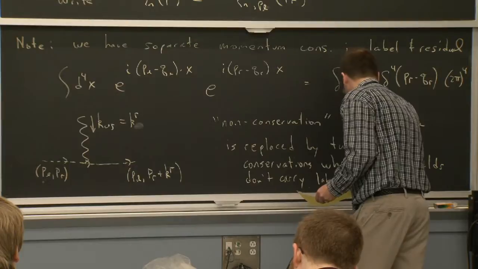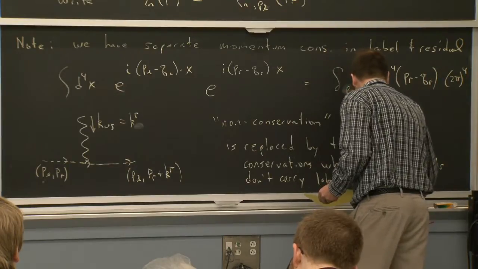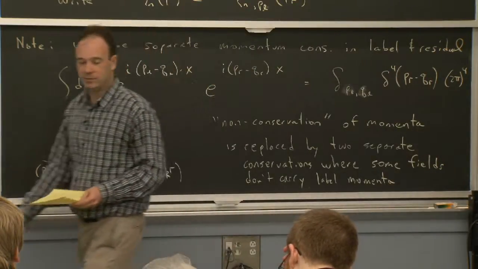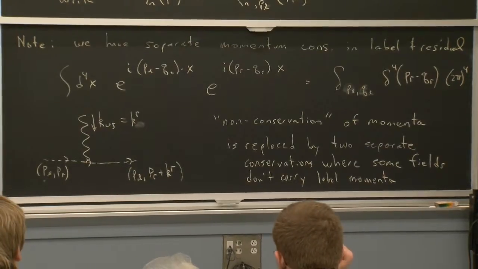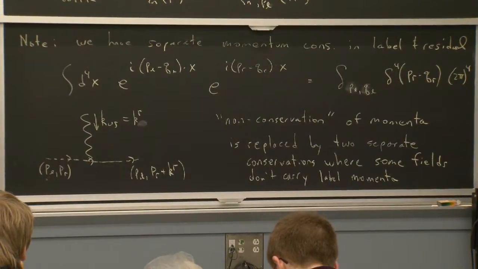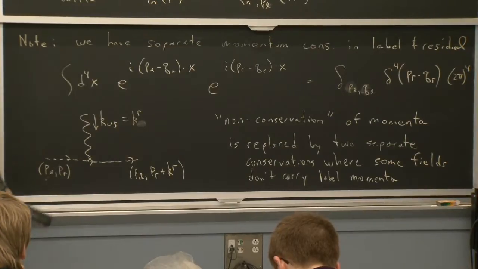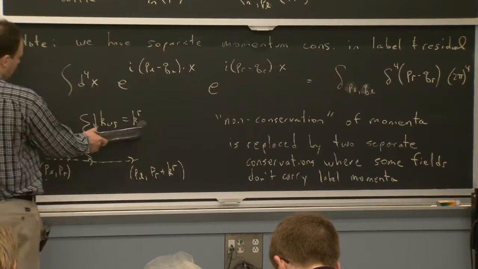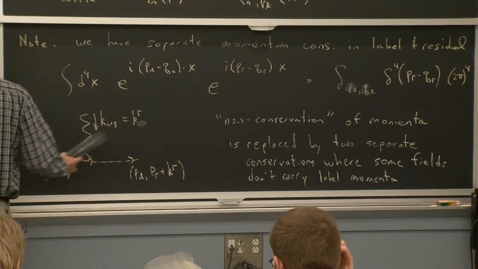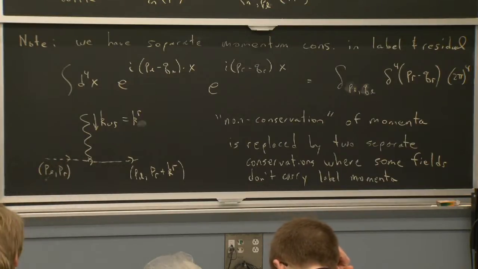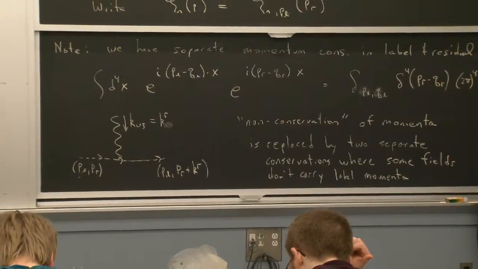And we just know that certain fields can carry these label momentum and other fields can't. Well, since PR here and KR, the residual components, is just like standard quantum field theory. The only thing that's special is the PL. For the PR, what we're going to do for the residual momenta is we're going to transform back to position space.